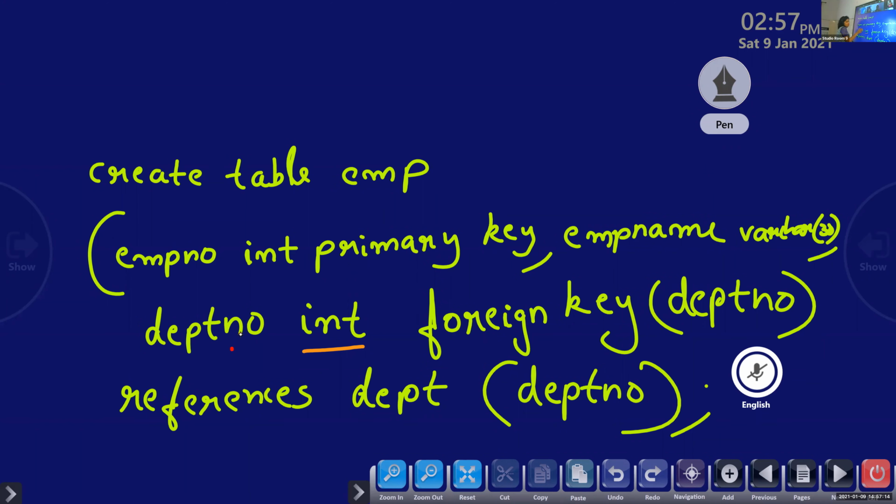Suppose I'm writing here just D number. It will work. Then here you need to write foreign key.